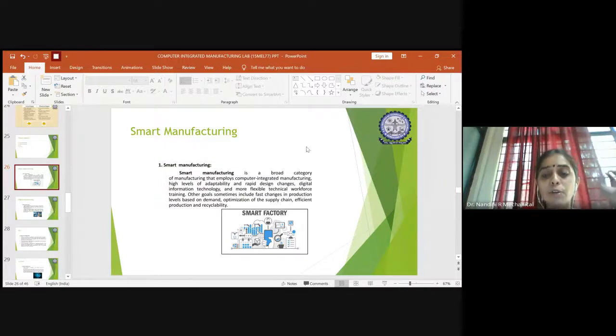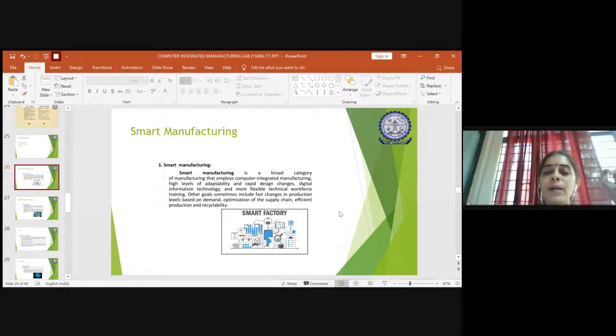Okay. So if you embed this kind of thing, you are able to make design changes very rapidly. You can gather the information in a digital way, and it will be very flexible to work with the technical workforce. So the main goal in smart manufacturing is to accept changes very fast and put them into production based on demand.